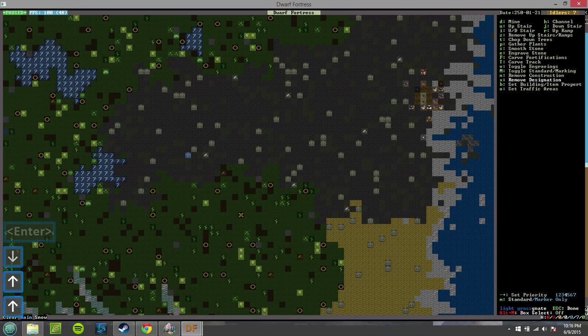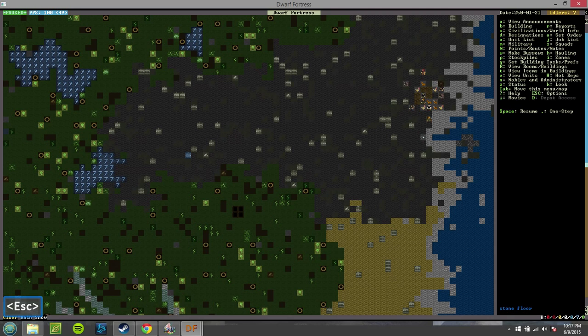Oh, I'm still on X. I'm still on Remove Designation. Remember, you can tell that by the remove is slightly brighter than the rest. So I want to hit J for my downstairs. Okay, downstairs is highlighted correctly. I'll hit enter to pick my start point, go down to the left, press enter again. I've now made 4. Now the game is paused, so this is not going to do anything until I hit